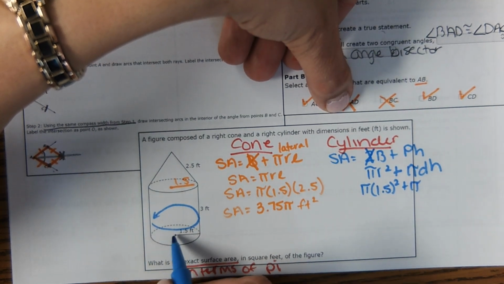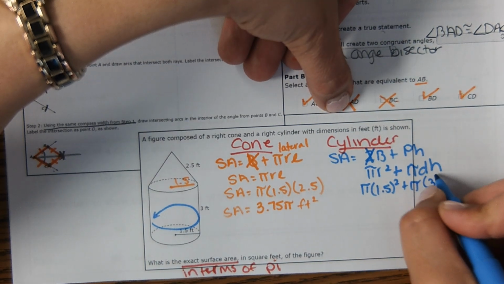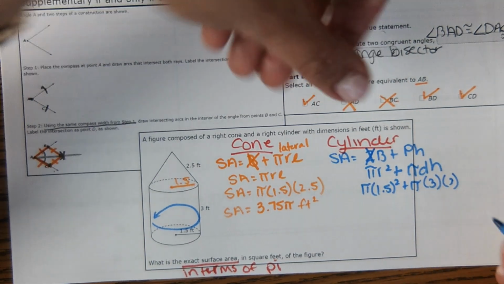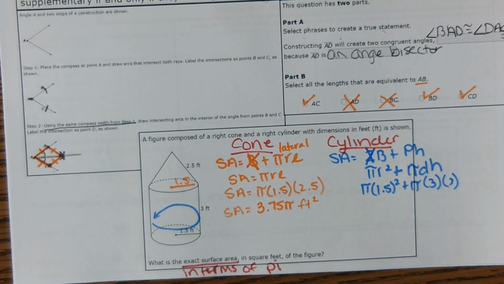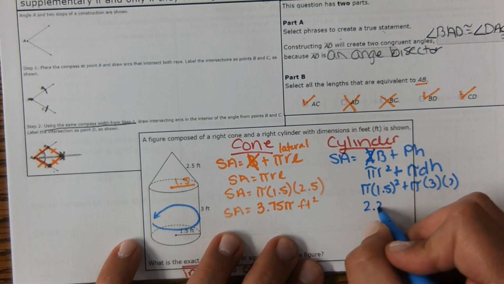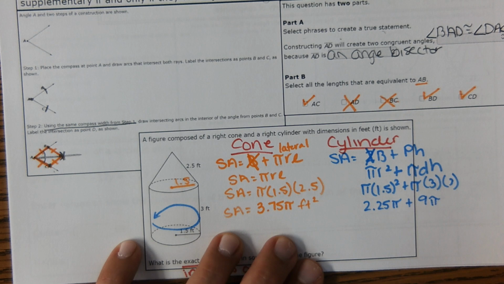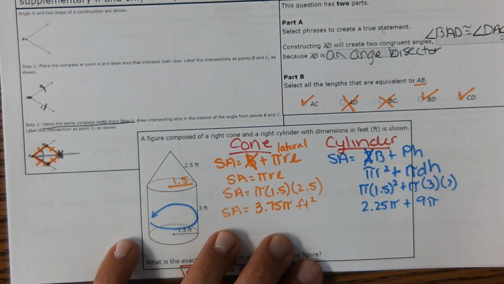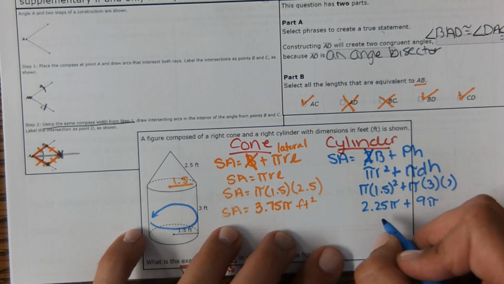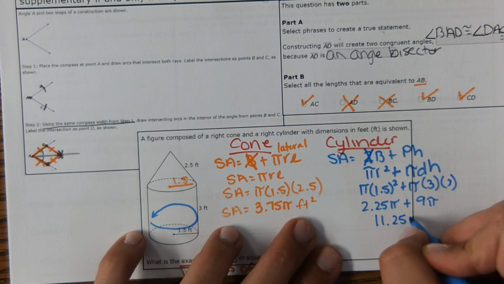The radius is 1.5, so diameter is 3, and the height is 3. So we got 1.5 squared would be 2.25 pi plus 9 pi. And then adding those together, we get 11.25 pi